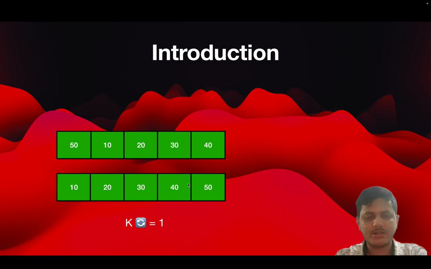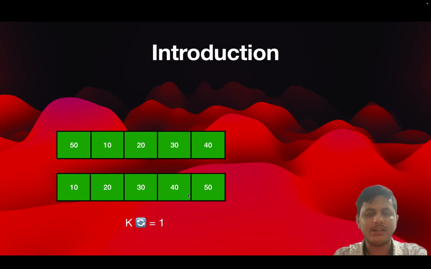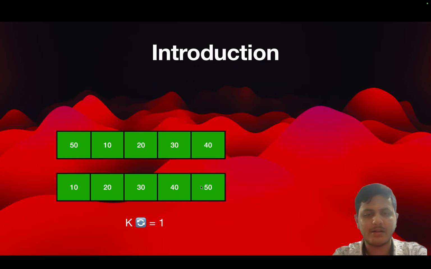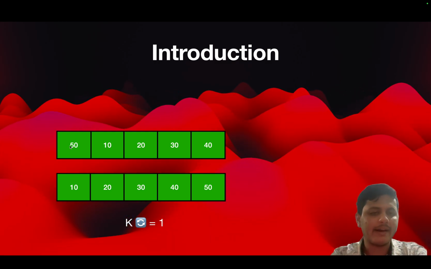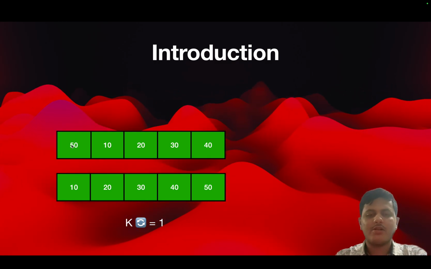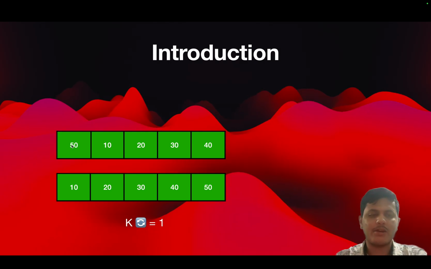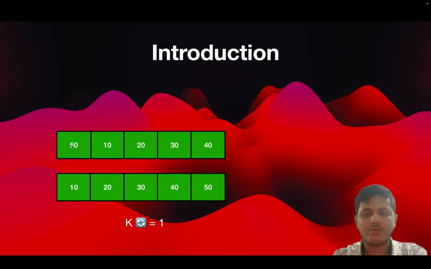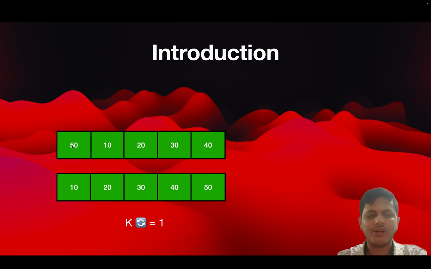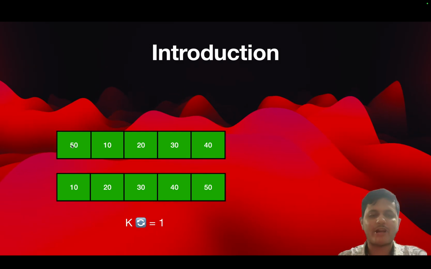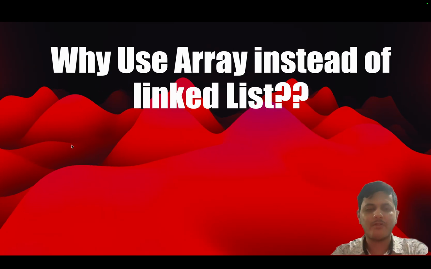But if you notice, the last element in this array, the value of 50, actually moved to the front, as we can see here. So that's the magic of this algorithm. Instead of going into a garbage value, this algorithm makes sure the last element wraps around to the front.